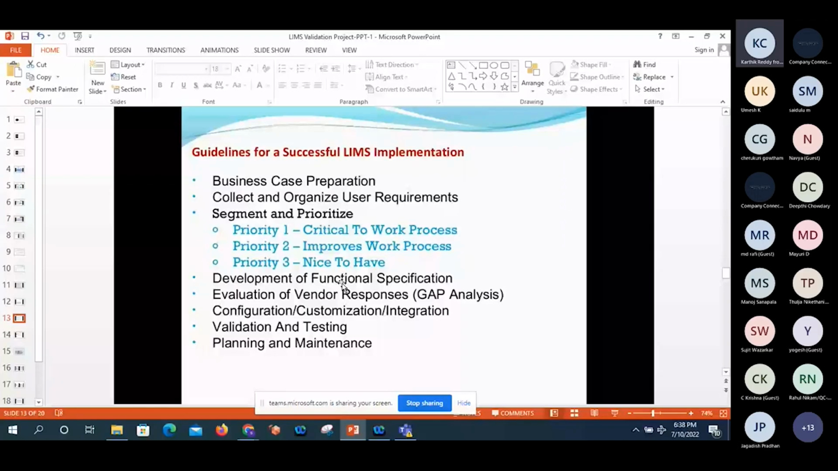What are the exact requirements we need to evaluate in URS? Critical to workplaces, priority 1. Improves work process, priority 2. Nice to have, priority 3. Then there is the development of the functional specification. The functional specification should be very